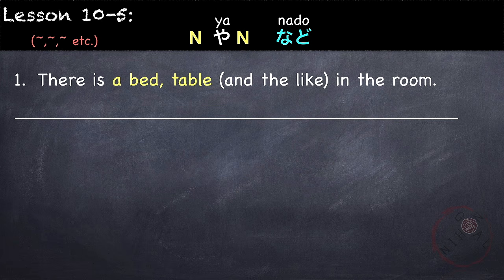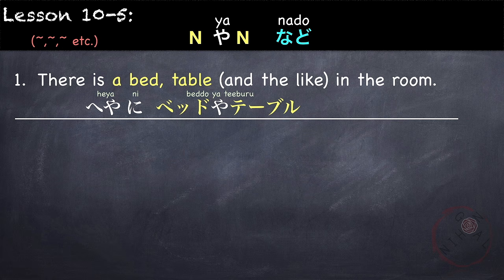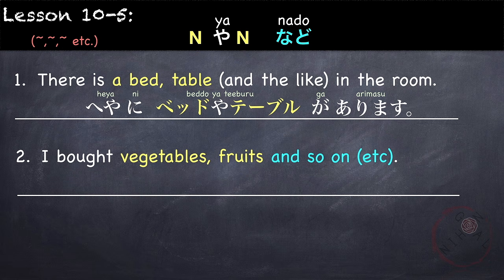Let's take a look at this example. There is a bed, table, and the like in the room. 部屋にベッドやテーブルがあります。So, ya here means and the like. So, it is not limited to the bed and table. There could be some chairs and other things. 部屋にベッドやテーブルがあります。